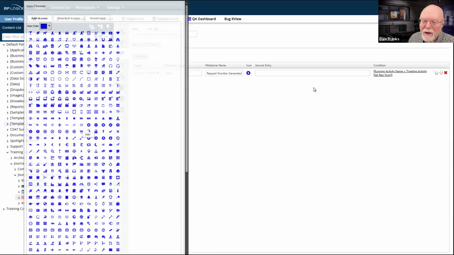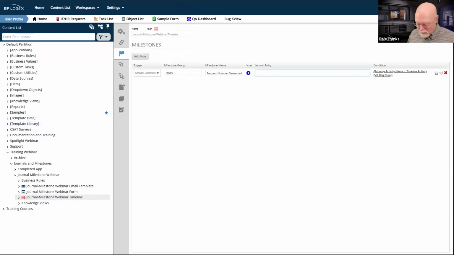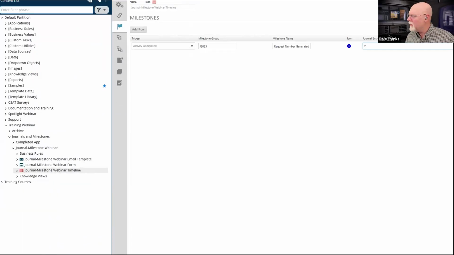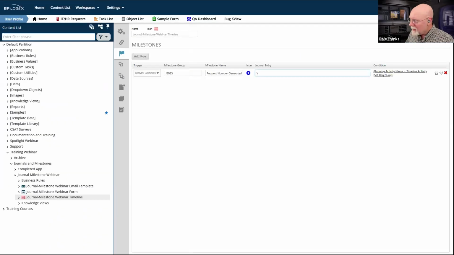It doesn't matter what I use. We'll just use a plus sign. And we will say, now in this case, this is kind of unnecessary because we have the request number field. So I wouldn't really need this, it's just sort of an extraneous one. We're really just displaying capabilities here rather than trying to figure out something useful, mainly because I'm trying to do this on the fly and talk about principles and try to figure out good use cases. And sometimes I just can't figure out good use cases on the fly.